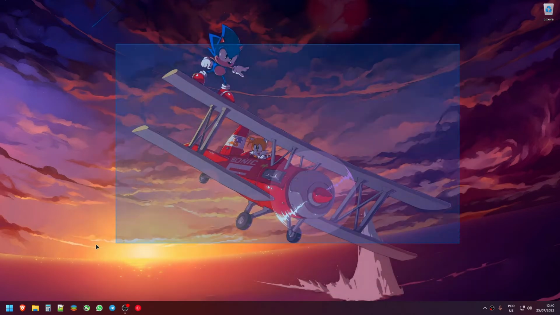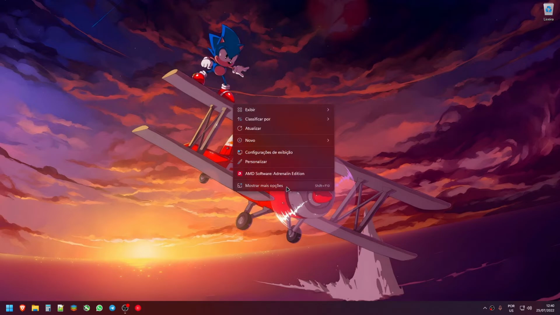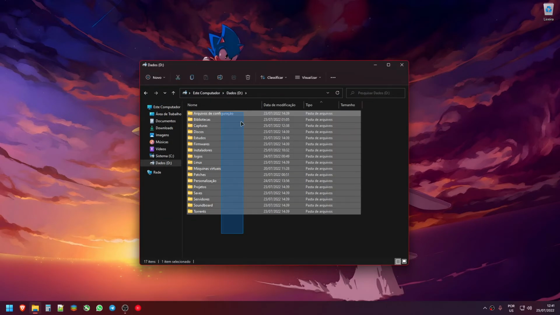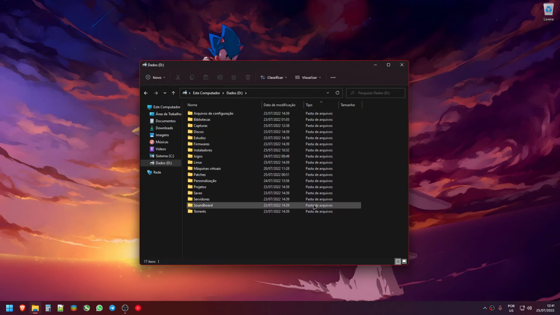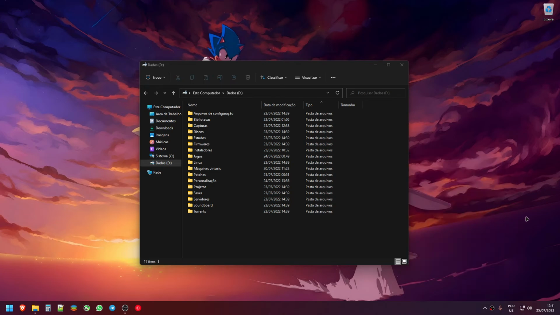So what you're gonna do now is restart Explorer, and once you open your file manager, they're gone. They are completely gone, and you now have a clean file explorer, and Google Drive is still syncing your files with no issue. So I hope this video helps someone that has the same issue with these really annoying icons,